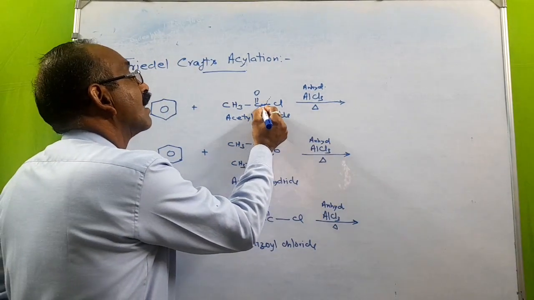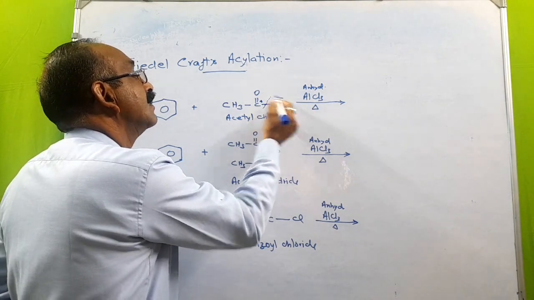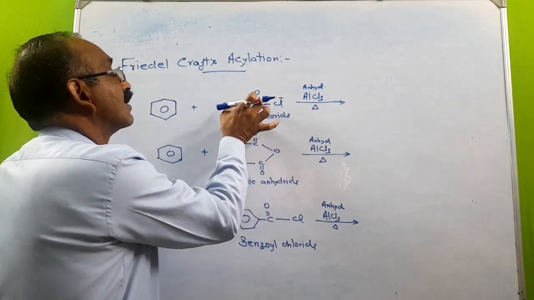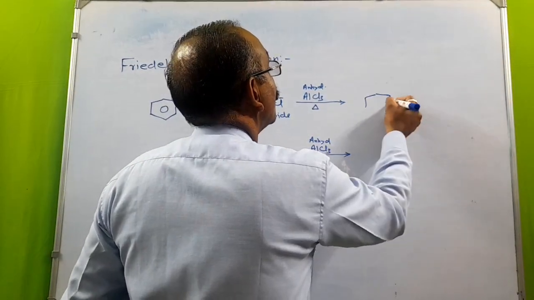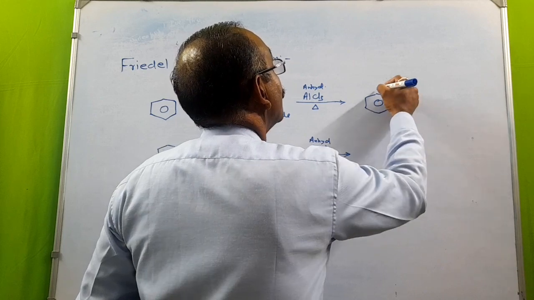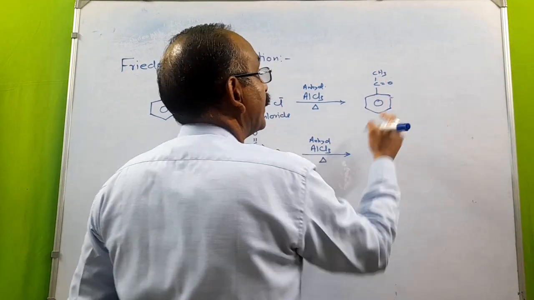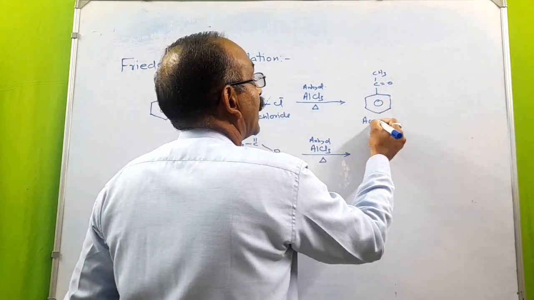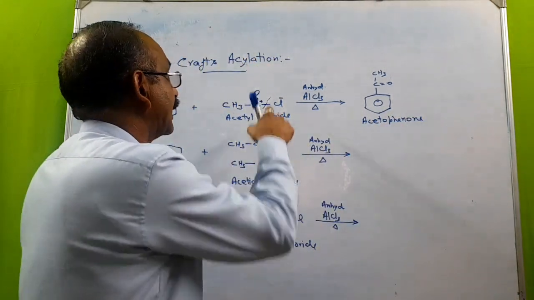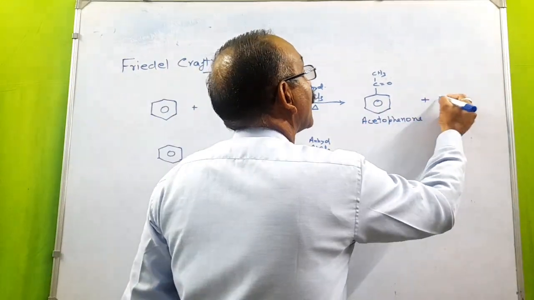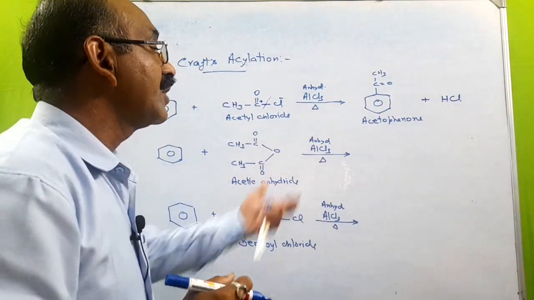Here carbonyl carbon and chlorine bond breaking occurs, and thus the acetyl group replaces the hydrogen from the ring, and we obtain acetophenone, and the Cl minus sets free along with the hydrogen which is replaced from the ring, and we obtain aromatic